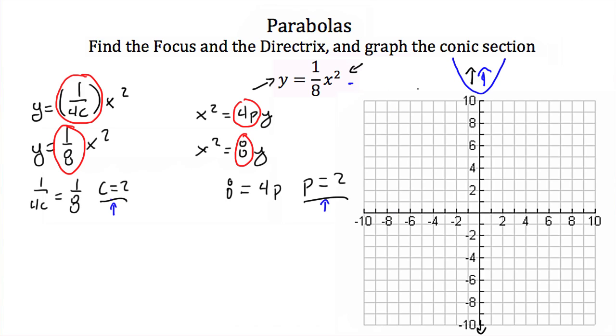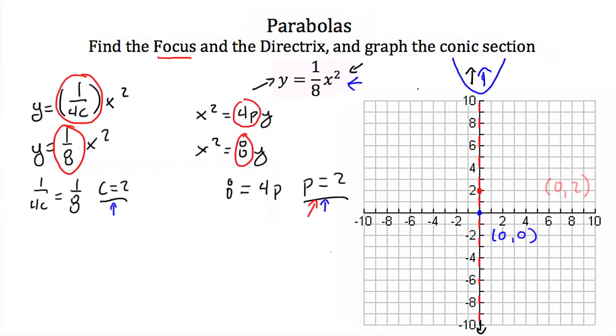Now this is the standard form of a parabola with its vertex at the origin. So we know our vertex is at the origin, or the point 0, 0. Now since our parabola opens upward, that means the y-axis is going to be our axis of symmetry. And our focus is the distance of 2 away from our vertex along the axis of symmetry. And we also know that the focus is always inside the parabola. So that means it's going to be above our vertex. So our focus is going to be at the point